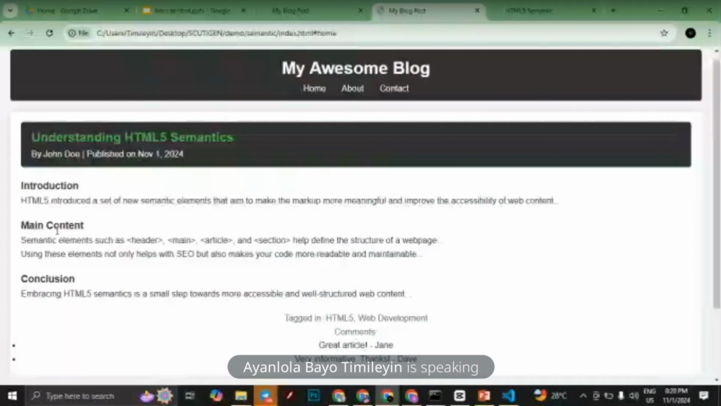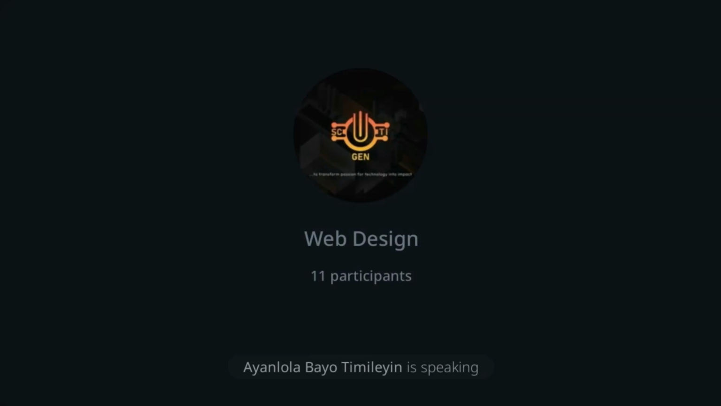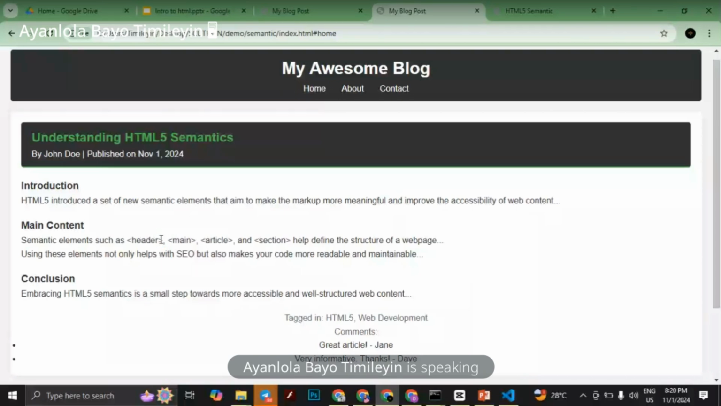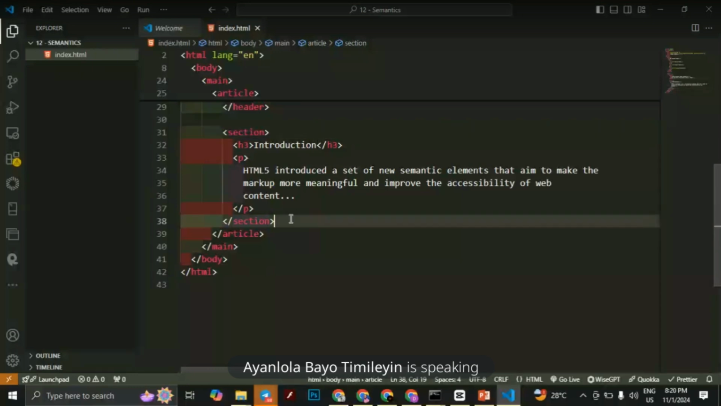So we have main content. Now take a look at this content here. Semantic elements such as header, main, article, and section help define the structure of a web page. So look at this tag here, these open angle brackets and close angle brackets, right? Remember HTML entities, right? There is a way we can write this using HTML entities. So that's what we're going to do right now. So main content inside this section. So another section, basically,